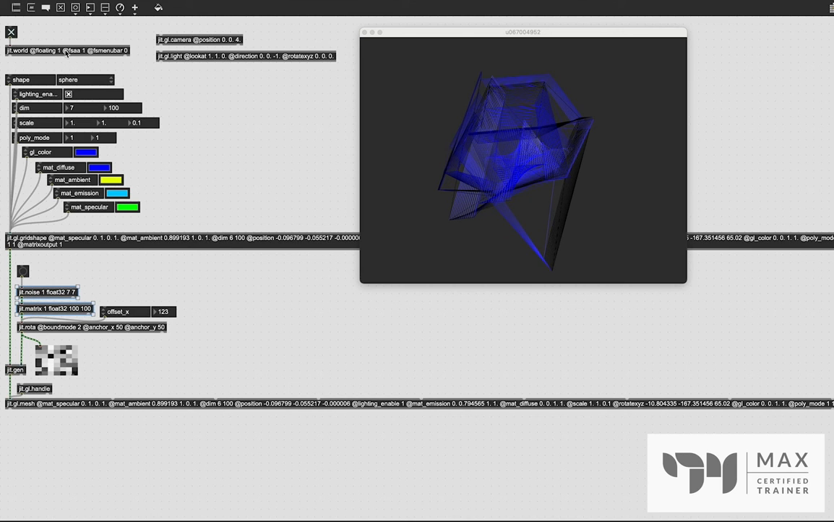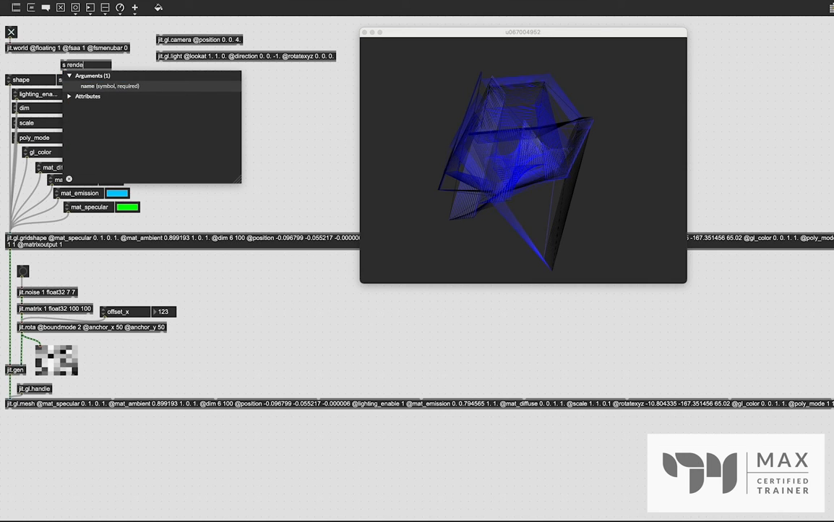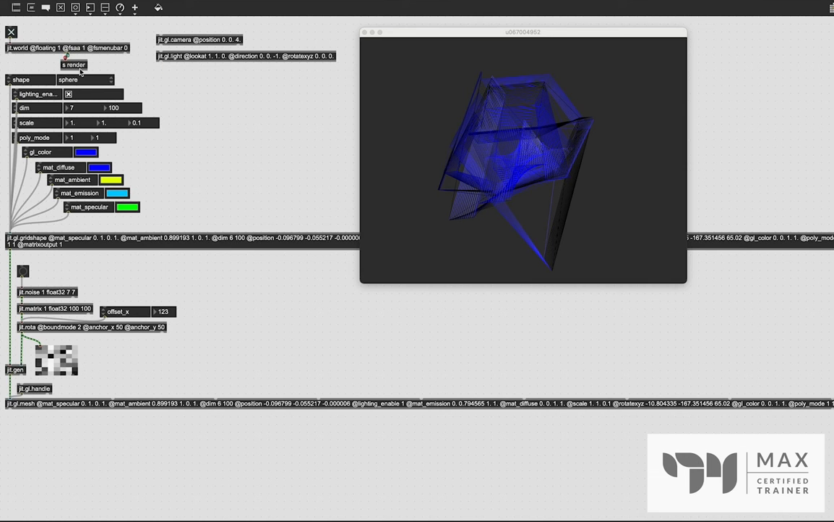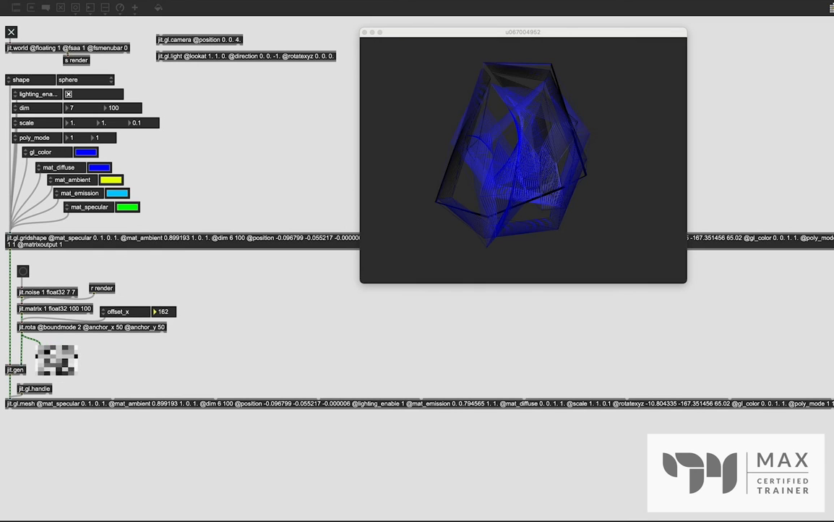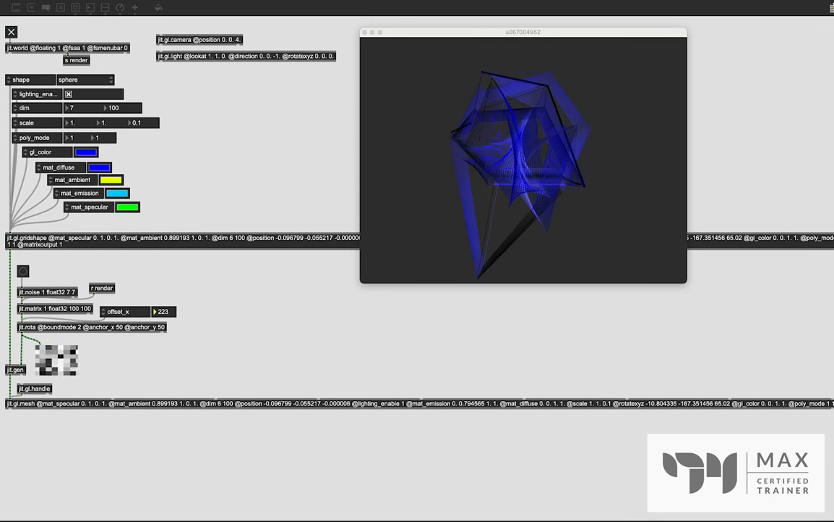So that's really easy to do because we actually get a bang out of the middle outlet of our jit.world every single frame update. So we can create a send object and call it something like render, patch that middle outlet up to that, and then I'm going to make a copy of this, change the S to an R for the receive, and then patch that into the matrix, so that way that bang is coming out and hitting this with every frame update. And now when we change this value, we'll see it all sort of